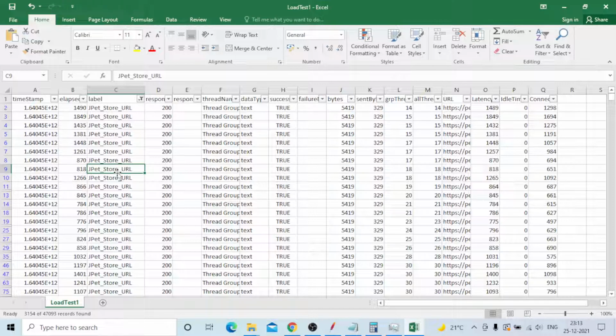I save all the test reports in Excel and CSV format, for every test I executed, and I mention the date. Every test, from 0 user load up to 20,000 or 25,000 user load, I saved, for both the US East and West locations.